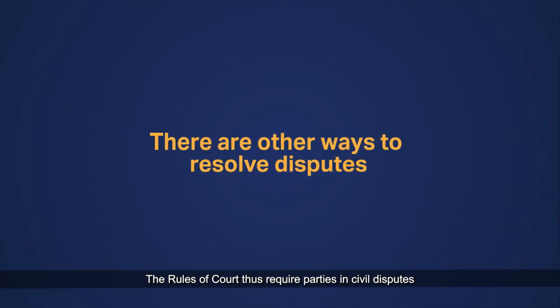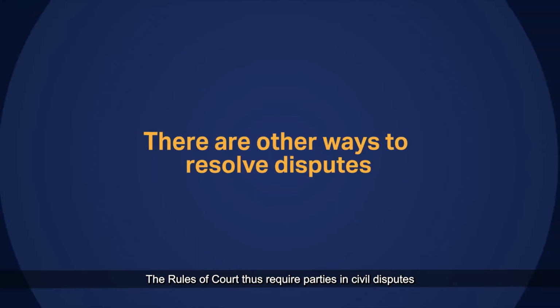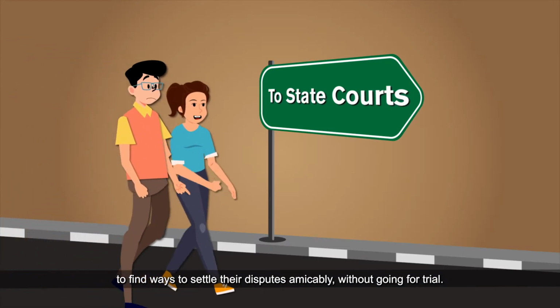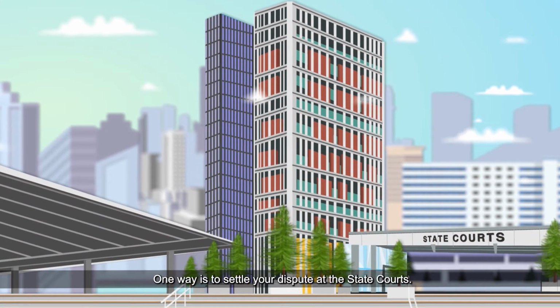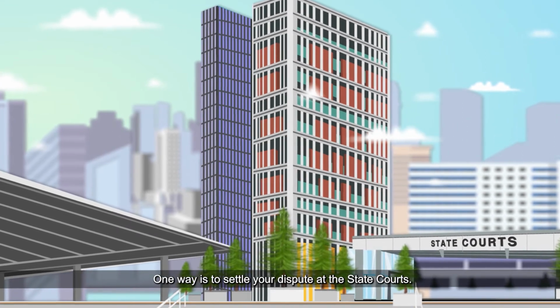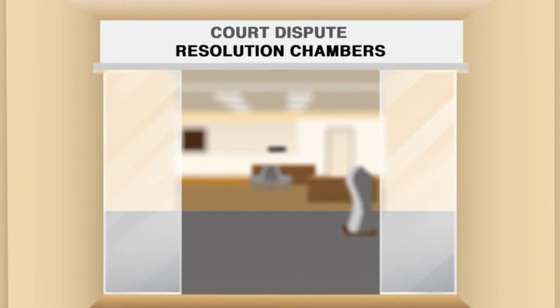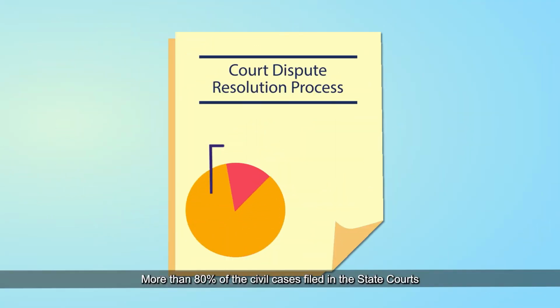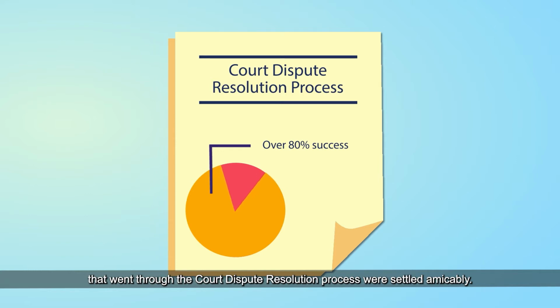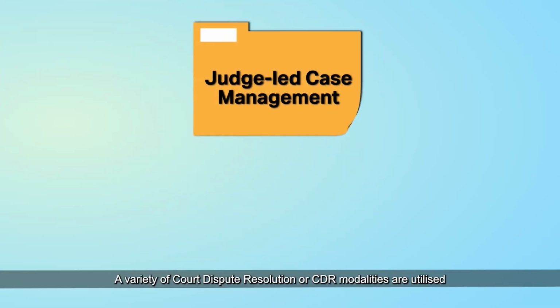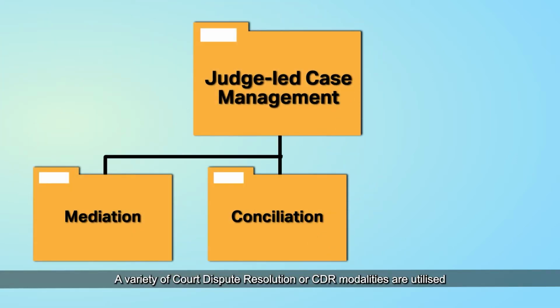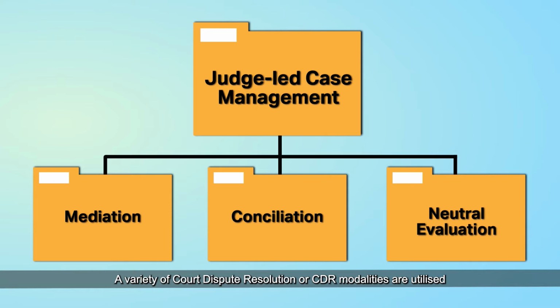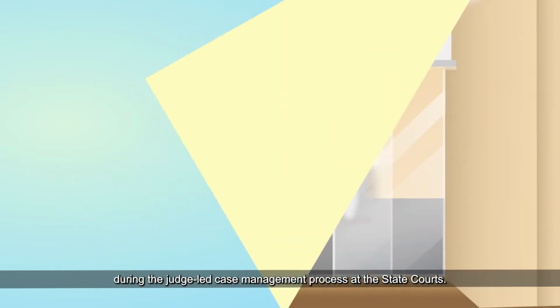The rules of court thus require parties in civil disputes to find ways to settle their disputes amicably without going for trial. One way is to settle your dispute at the state courts. More than 80% of the civil cases filed in the state courts that went through the court dispute resolution process were settled amicably. A variety of court dispute resolution or CDR modalities are utilized during the judge-led case management process